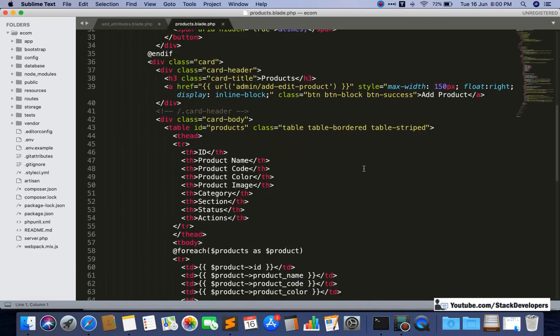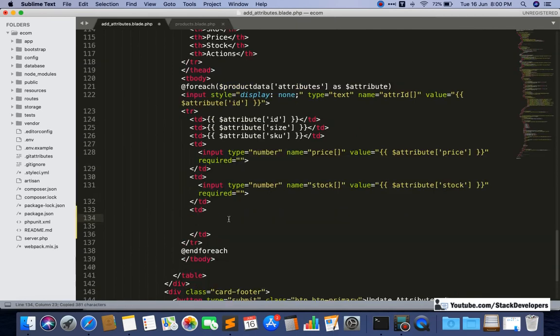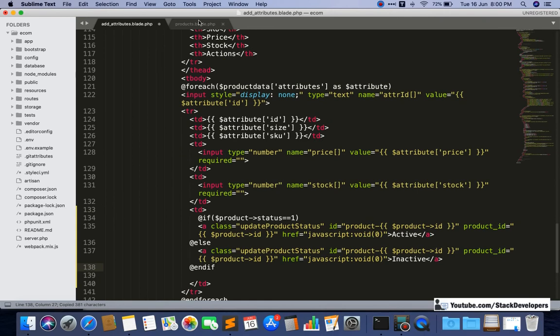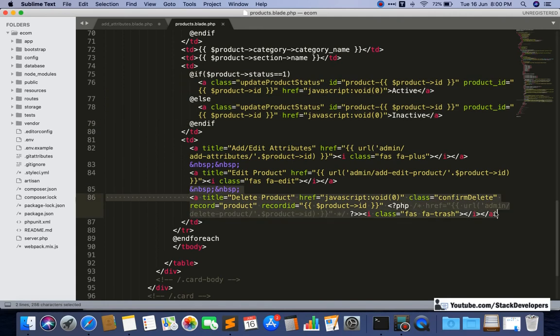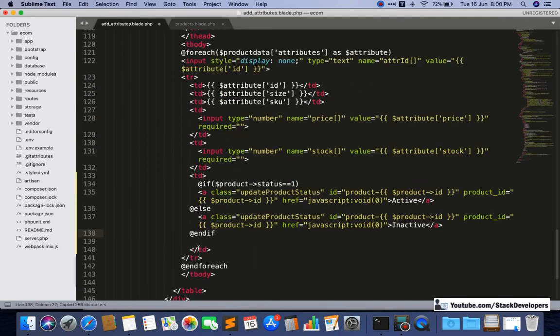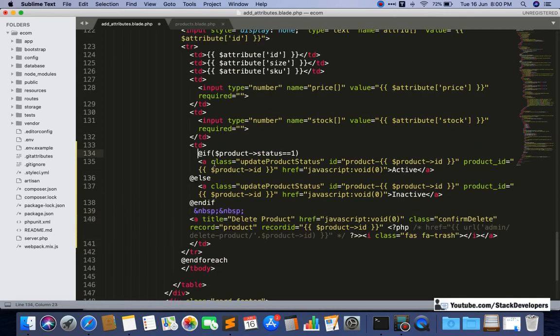Here I am going to copy this one and paste it as active inactive, and I will also copy this delete product and paste it there. Now we can make changes in these two.